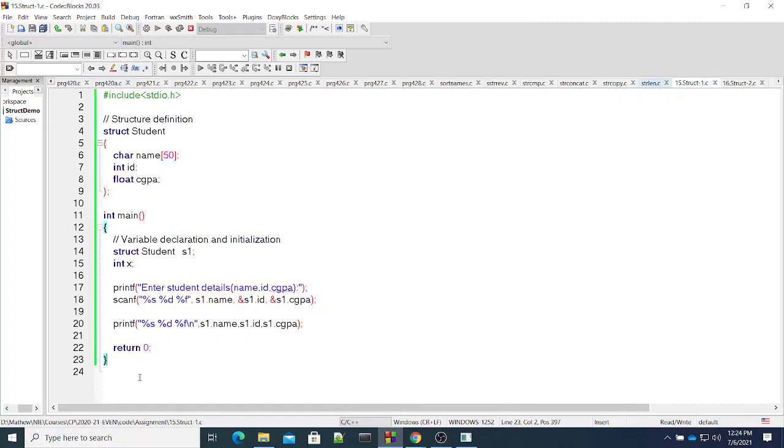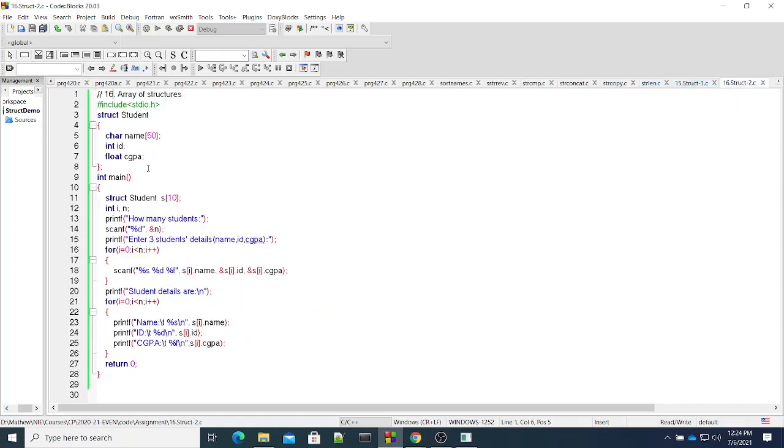Basically, the 15th is single variable creation using the user defined data type, reading the data and displaying it. Here the 16th program is about an array: how to create an array of user defined data type and how to read data. Such questions will be there in your semester end exam or in the second test. Okay. So these are some topics which you can score easily